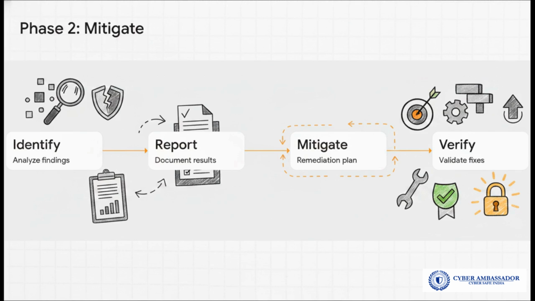Step 3 is strategic mitigation. Actually, it's more like strategic architecture repair. It isn't just about slapping a quick patch on something. It's about building a clear remediation plan that fixes the root flaws. And finally, fix verification. This is rigorously retesting the environment to ensure those fixes actually hold up against a secondary